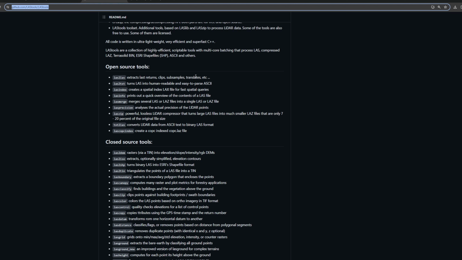So extremely useful. This last copcindex function, I haven't been able to get that working yet. I haven't been able to find it, so I'm guessing that maybe in the next version they're going to fully release that. But that's a nice feature. Basically, what that will mean is the version of a LAS file that QGIS wants, and that is sort of becoming more of a mainstream standard, you'll be able to generate very quickly with LAStools. So that's a nice feature to see.